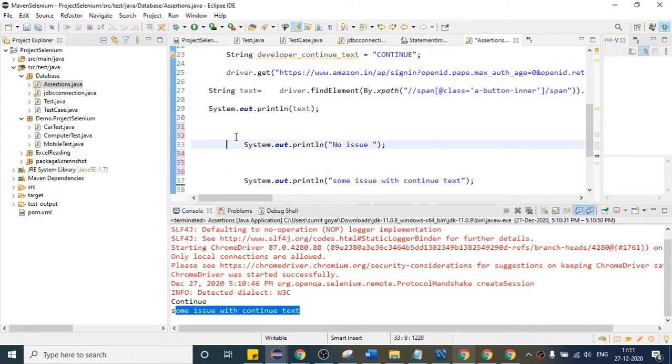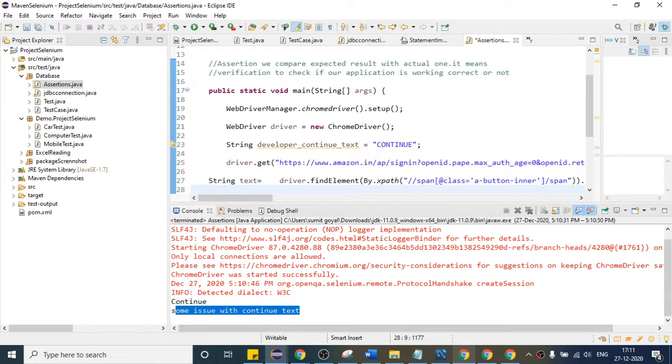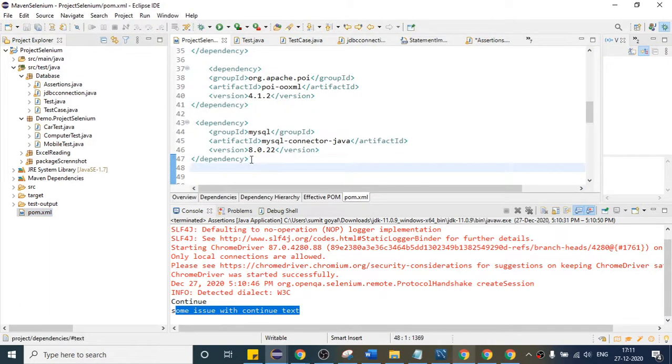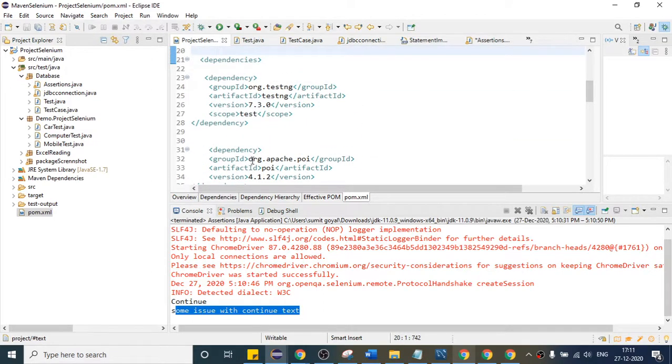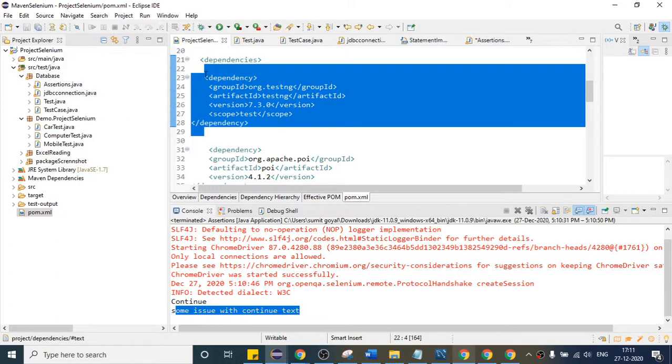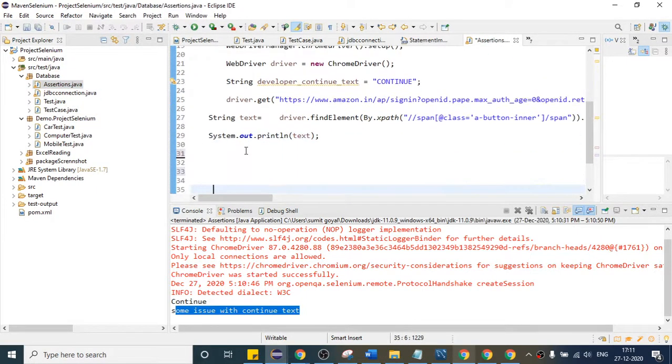So how can we do that? If you want to use assertion, we will basically work with TestNG. So first you have to get TestNG. I think I already have it, since yesterday we already saw how we can get the TestNG jar file. So once you get it, there is one class with a method in it.